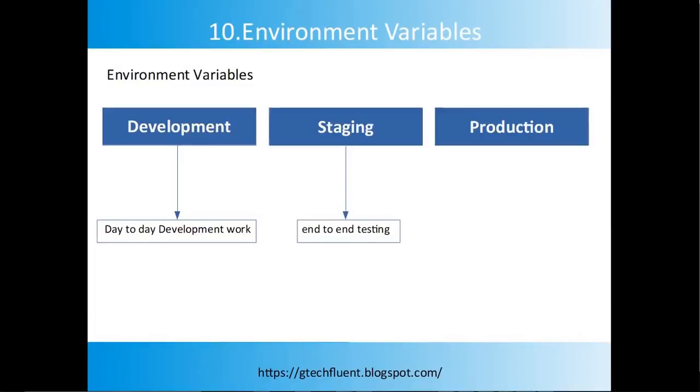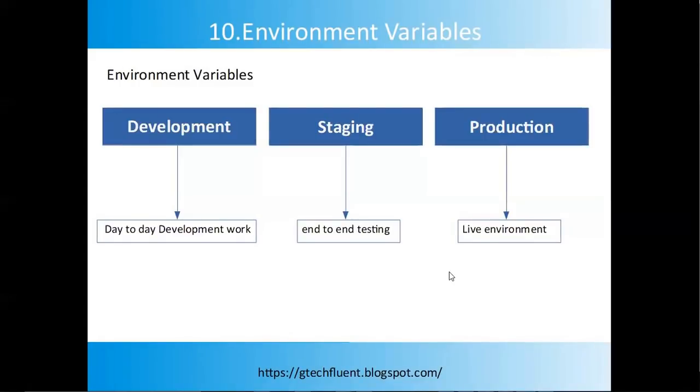In the staging environment, most organizations try to keep it as identical as possible to the actual live production environment. The primary reason for this environment is to identify deployment related issues and complete end-to-end testing. We usually do not troubleshoot or debug on a staging environment. The production environment is the live, actual environment which is used by the end user. And here we need to configure our JavaScript and CSS files to be loaded as a minified version to improve performance and for better security.